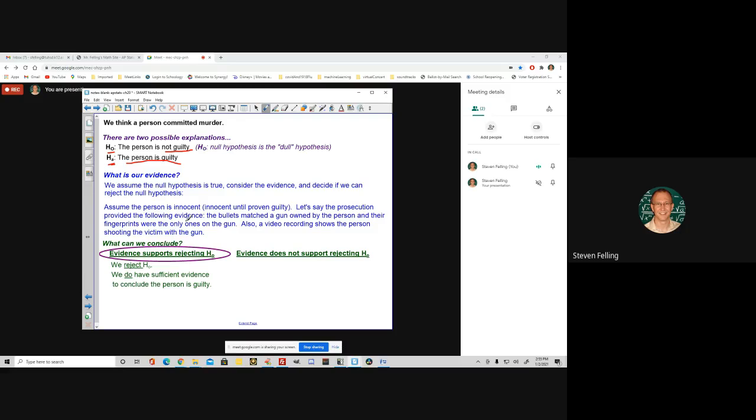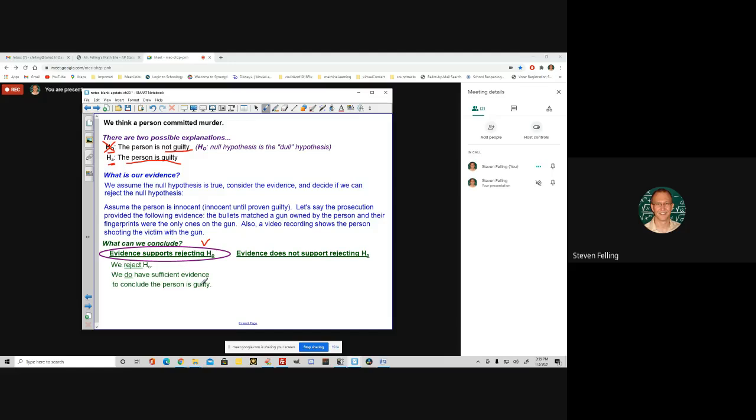Okay, well, in that case, the evidence is pretty overwhelming, and that would have to say that the evidence supports rejecting this hypothesis. We can no longer support that the person's not guilty when we have a video showing them committing the murder. So in this case, that means the evidence does support rejecting the null hypothesis. So we would say we reject the null hypothesis, therefore we do have sufficient evidence to conclude that the person